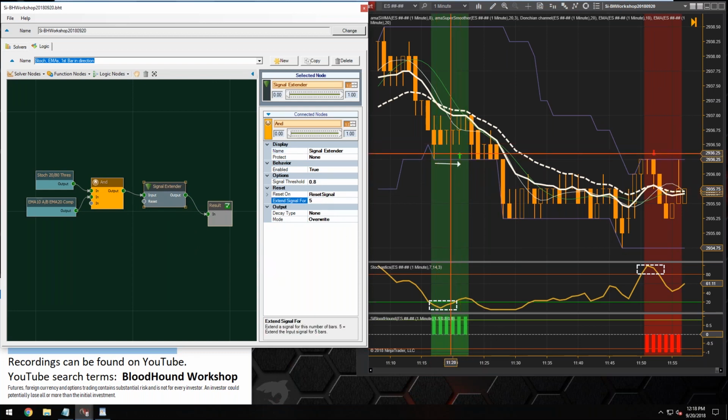Let's take a look at this. What I can see here so far, it looks like 5 bars worked in this situation, but we don't know. It may take more than 5 bars to actually get an up bar or something like that. So you have to determine how many bars you need to extend the setup condition forward in time. Mentally, this is one of those things that you don't think of consciously, but it is in the back of your mind when you get the setup condition,